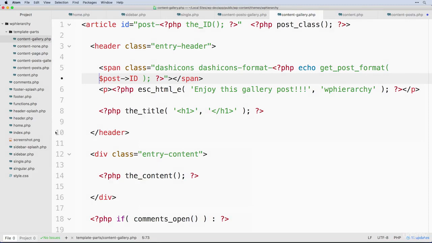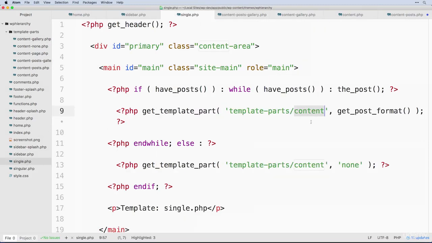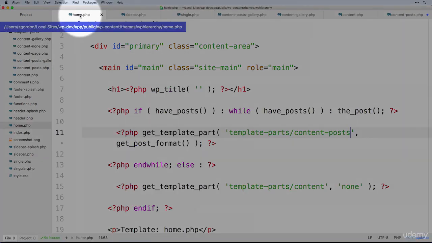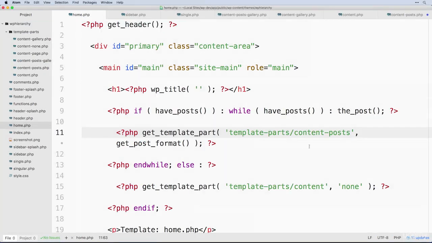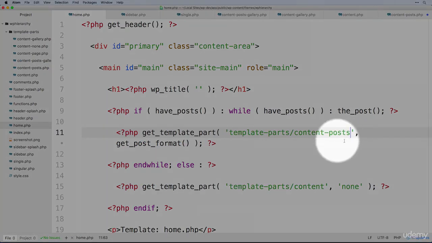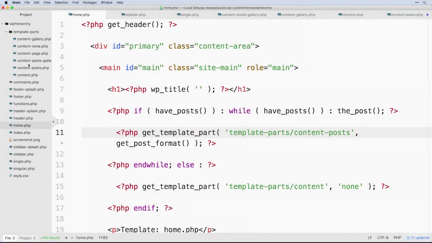Again, we're in the situation now where single is calling content and anything hyphenated from content. So it's calling for single pages content and content-gallery. But then if we're inside of our loop on our blog page, then it's going to pull in a different format of it, a completely different file, content posts, as well as any content posts gallery. So this is going to be our loop,